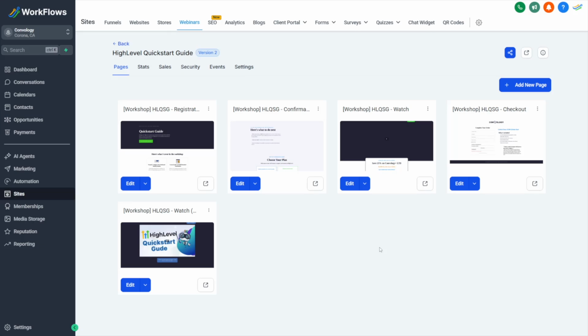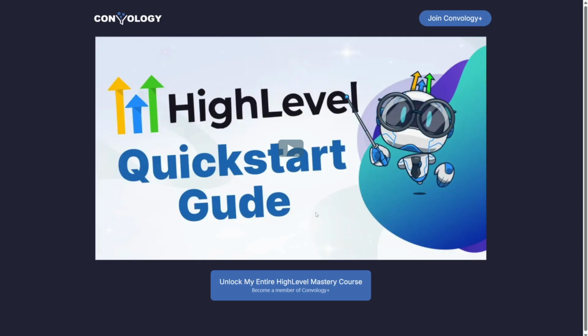added one more page because I think I'm going to add something here into my workshop funnel that serves 2 purposes. It's this workshop watch page, and you can't see what it is, but it's a workshop watch page for members. So if I open up the preview link for this, you're going to see it looks like my watch page, except there's nothing down below. If somebody is already a member of Convology Plus or the timer has expired, I'm going to send them here because instead of just dropping them on my sales page on my website, I'm just going to put them right back in the funnel and just sit there with a CTA right in front of them